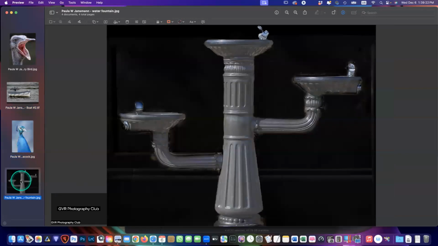All right, and this is a water fountain. I took and darkened the background so that it would pop a little more. Yeah, nice composition. I'd probably extend the top just a little bit to kind of match the sides. Okay, that'd be easy to do since the color is just black. Yeah, in fact, you could probably just